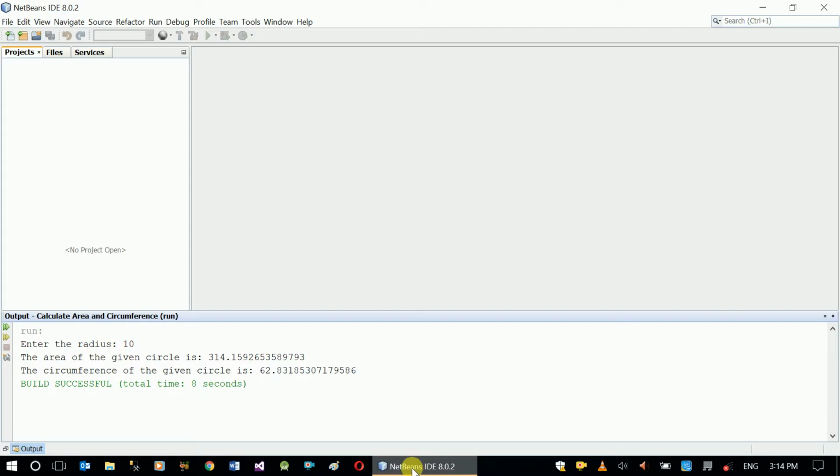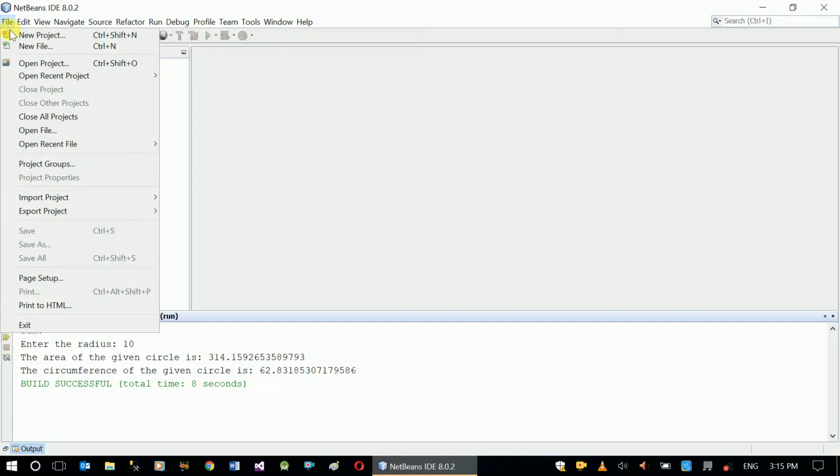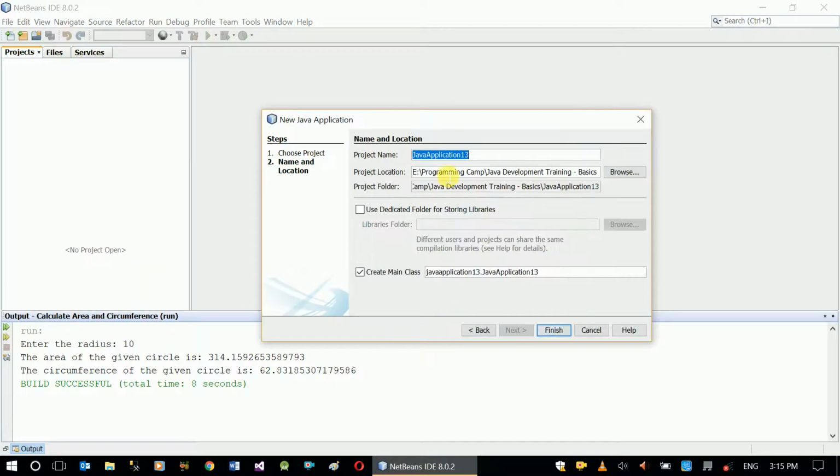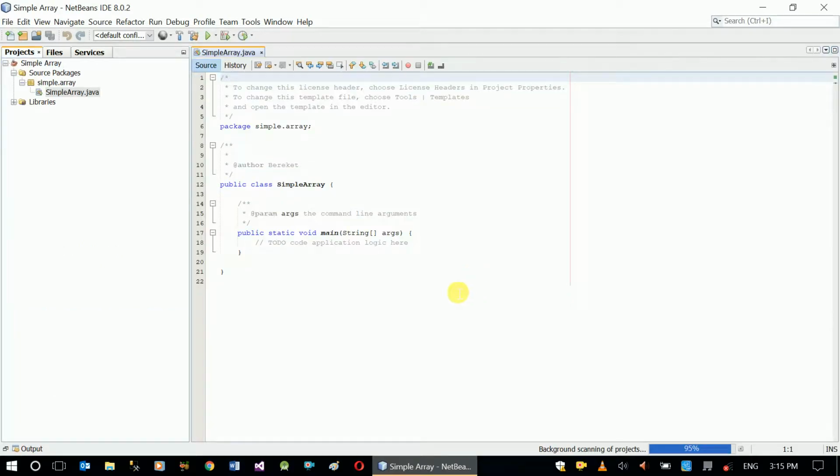So let's create a simple Java project. File, new project. Simple array. Finish. Okay. So in here,